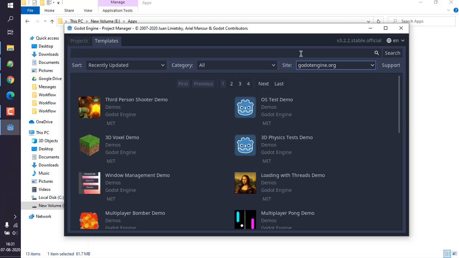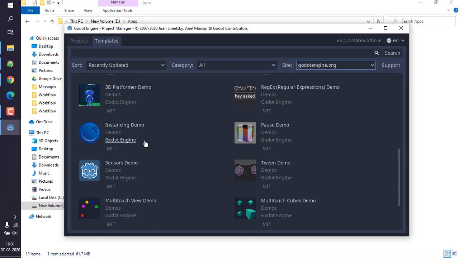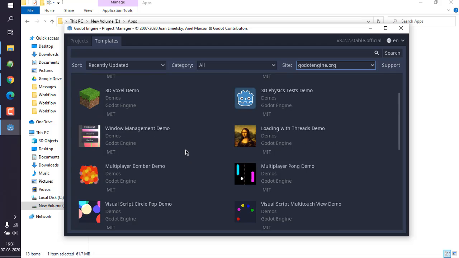Now these are some of the demos, like third-person shooter, OS test demo, then you have bomber demo and a few other games. So if you download these demos and run them, they will work as expected for a demo. You can extend them if you want. Okay, so what we'll do is we will simply